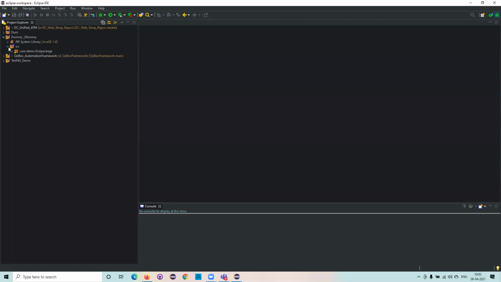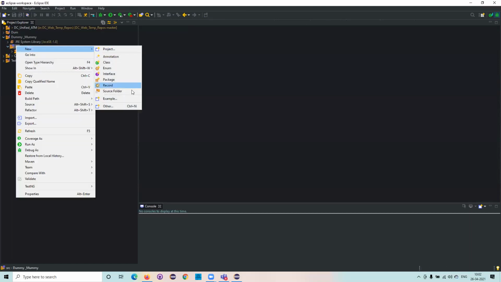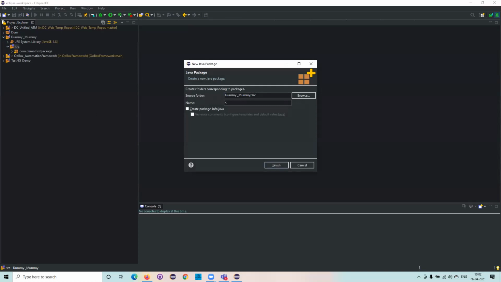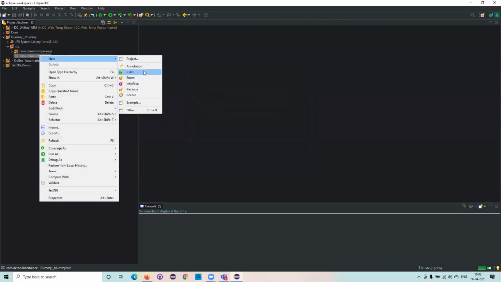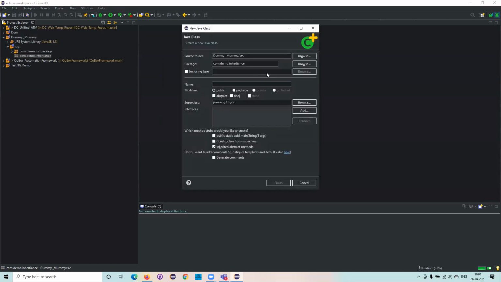Now I'll create a separate package, com.demo.inheritance. I'll create a class, and I'll create this as a parent class.